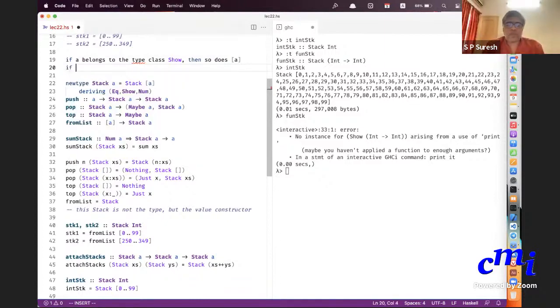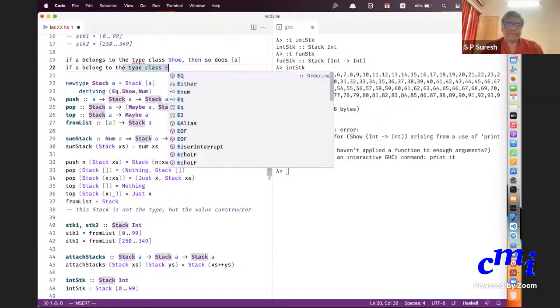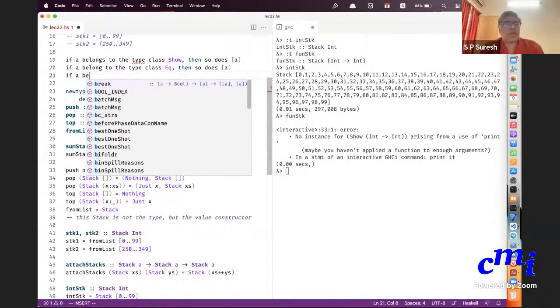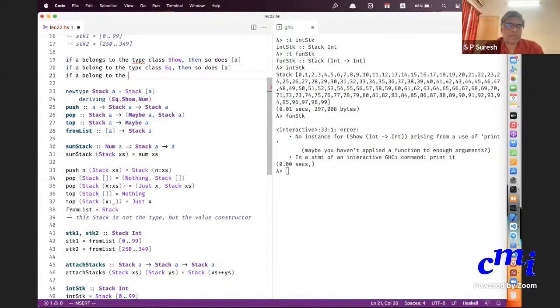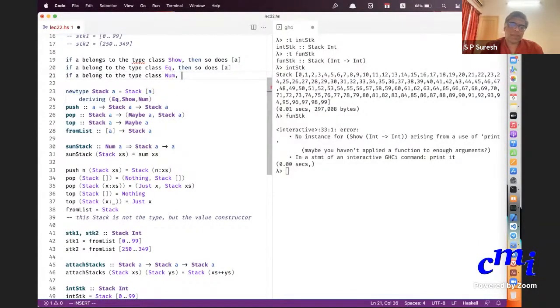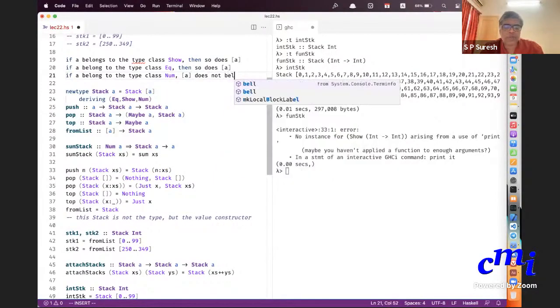If A belongs to the type class Eq, then list A also belongs. Yes, I think I realized. But if A belongs to the type class num, list A does not necessarily belong.